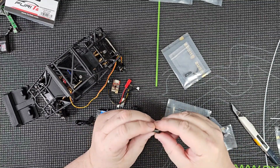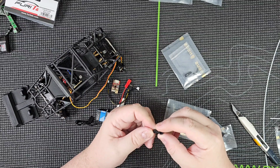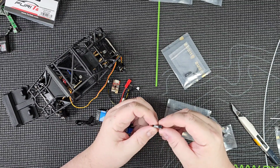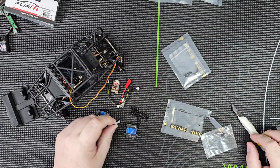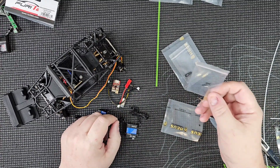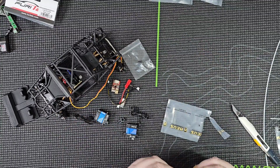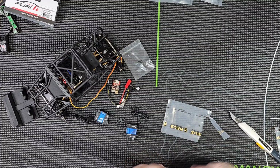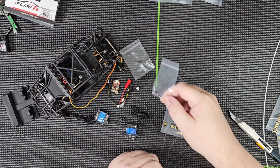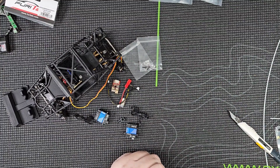25T aluminum. It's nothing special, but it's a nice little servo horn. Comes with all the screws you need to mount the servo and to mount the horn. Now, it does not come with the screw to attach the linkage, which might be with the linkage. I'm not 100% sure, but